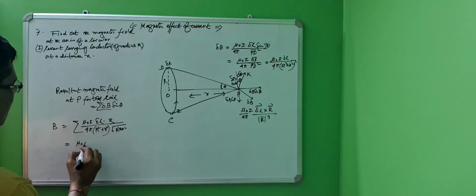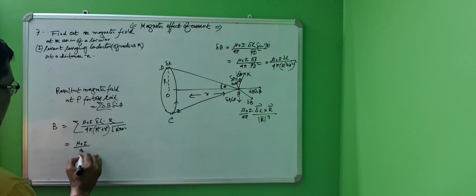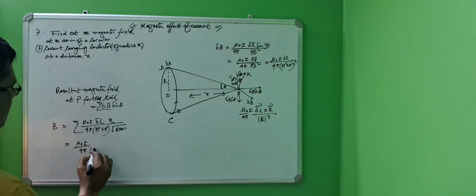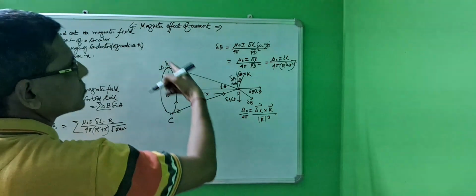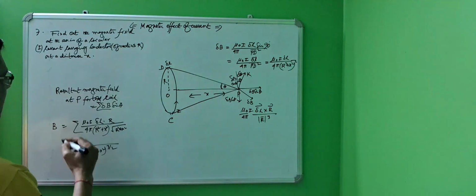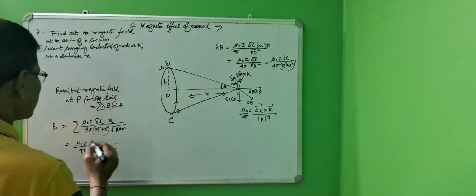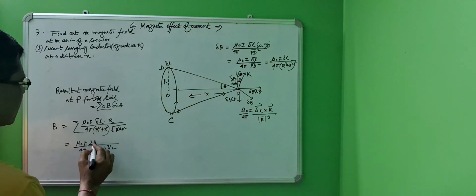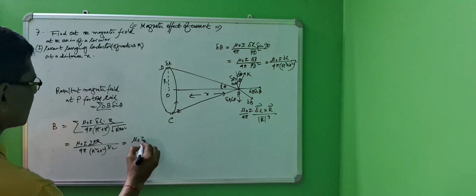So mu 0 I upon 4 pi (r square plus x square) whole to the power 3 by 2 into sigma delta L, and sigma delta L equals twice pi r. All the remaining terms are not dependent upon the sigma sign. So twice pi r. Ultimately we get mu 0 I